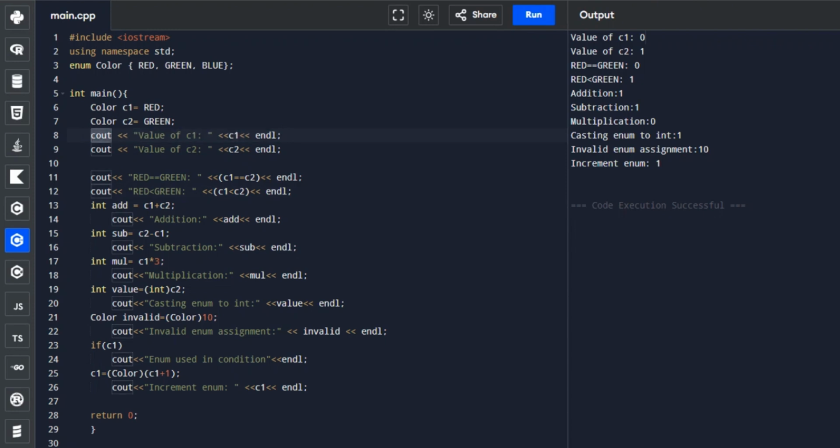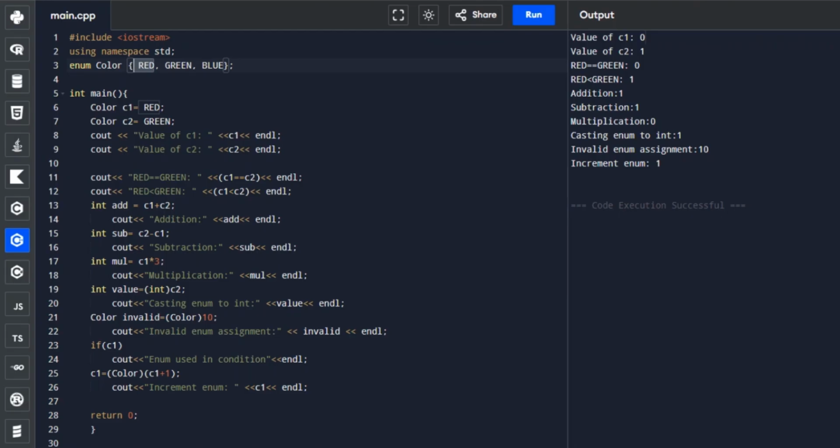We display the value of C1, and as we said a while ago, our enumeration contains three constants, and it always starts from 0. It assigns integer values starting from 0. That's why red is 0, green is 1, and blue is 2.